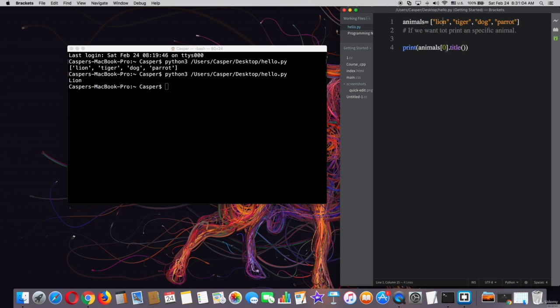So if we want to print the element parrot, which is number 3, try this also on the terminal. It works well, this one also. Cool. We also have another way to print the elements from the end to the first,